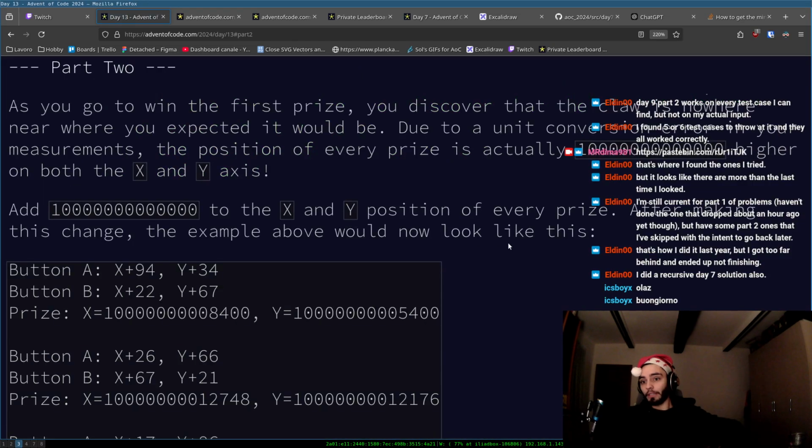As you go to win the prize, you discover that the claw machine is nowhere near what you expected it to be. Due to a unit conversion error in your measurements, the position of every prize is actually...